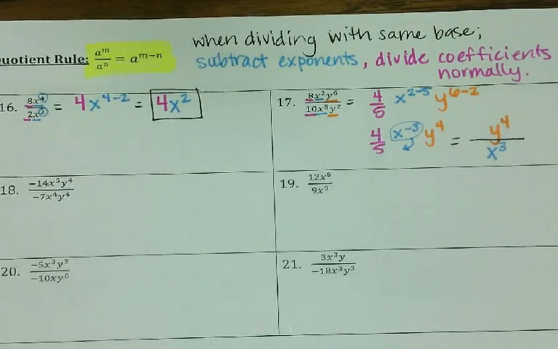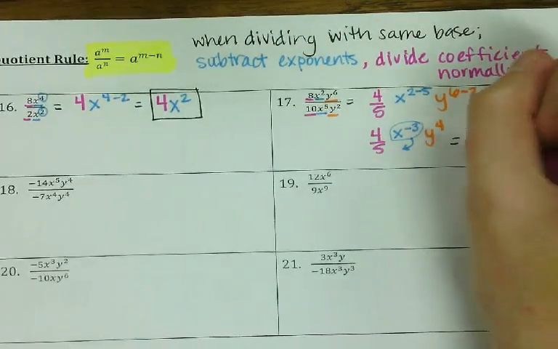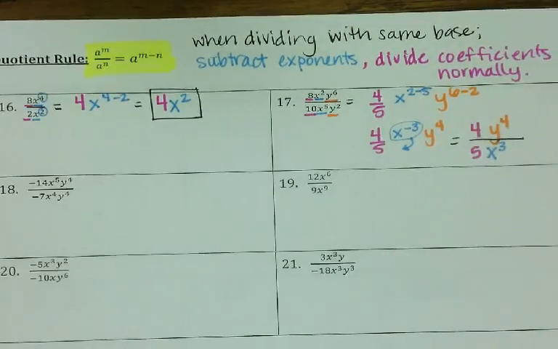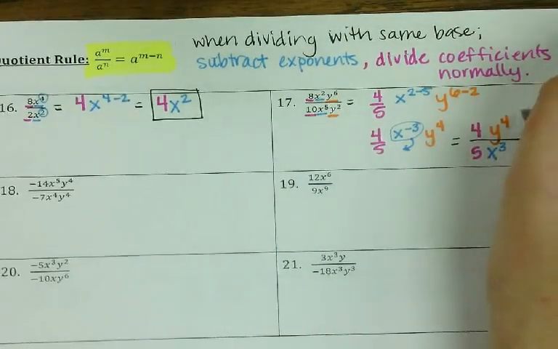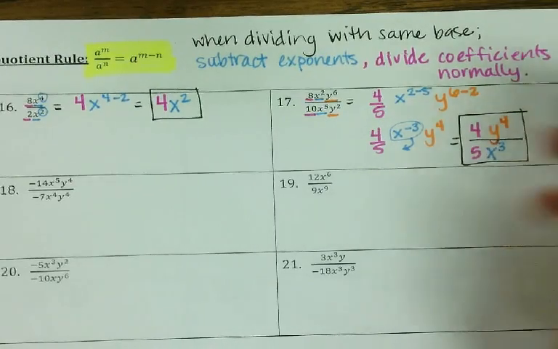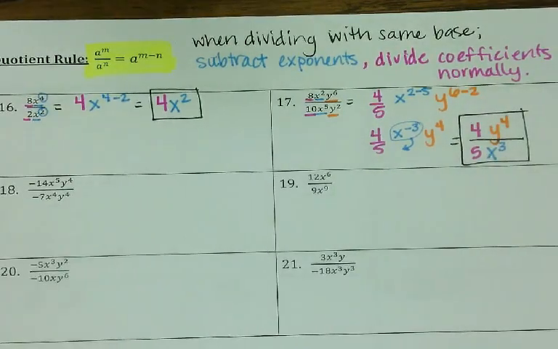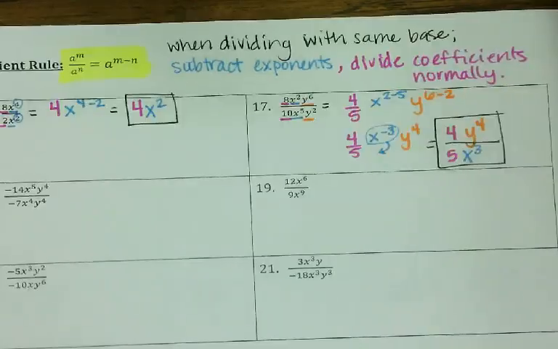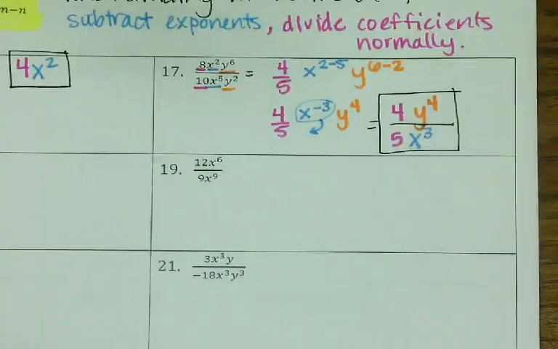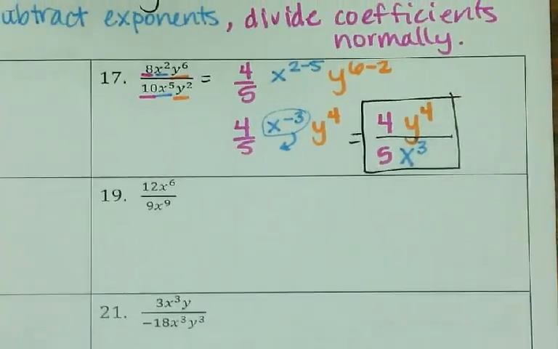But what happens now? We still have our 4/5, so we're going to have that separated out like a lovely little fraction. Okay? So that becomes 4 over 5x cubed. Are you guys okay with that? Now, another way that I like to think of this, guys, on 17 is technically you're still subtracting your exponents,